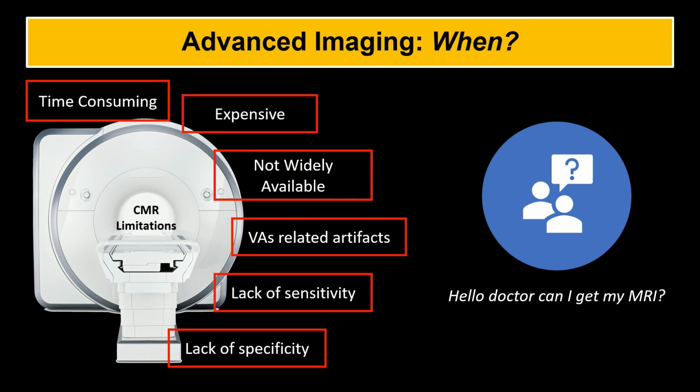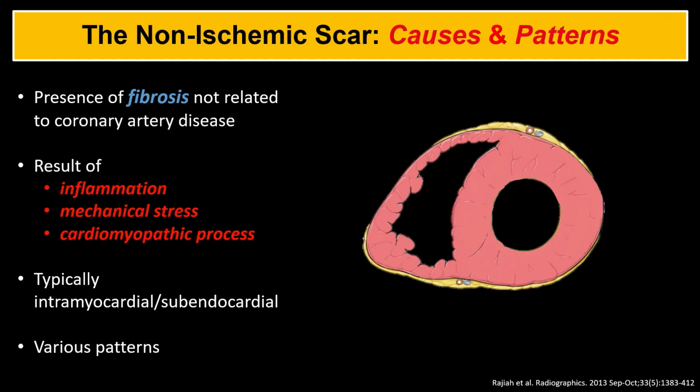It's expensive. It's not widely available. It can be deeply affected by artifacts related to the presence of ventricular arrhythmias, but it also has a substantial lack of both sensitivity and specificity. In terms of specificity, if from one side MRI is 100% specific in identifying ischemic scar, when it comes to